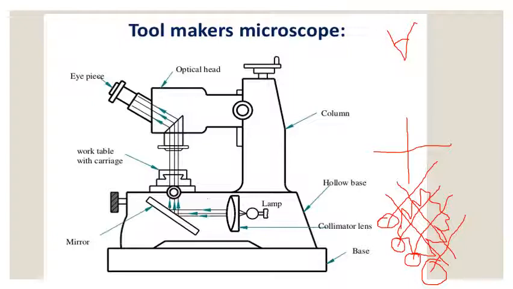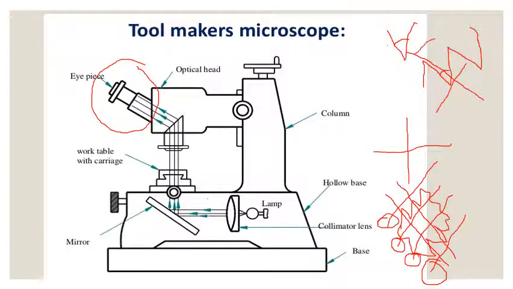Whereas the angle we cannot determine this way because we cannot rotate the work table. In that case we have to take the help of the angular scale which is connected to this eyepiece. So let us assume that the thread is in this direction, in this manner. This is the thread angle which we have to determine. So first place one line of the crosswire in this manner, and determine the initial reading.